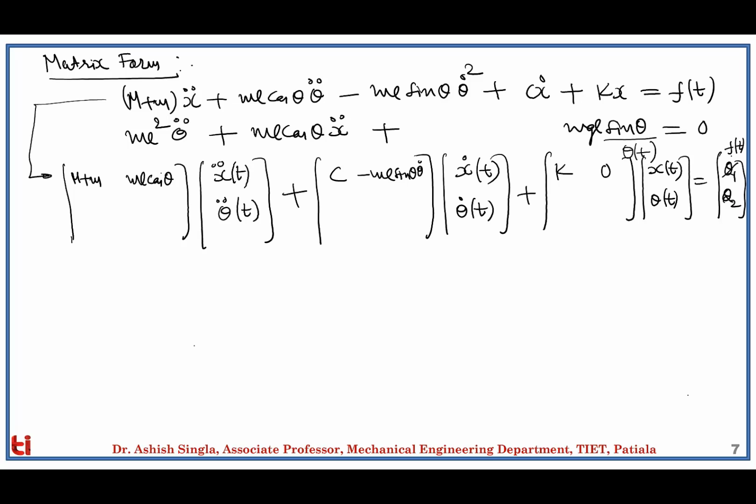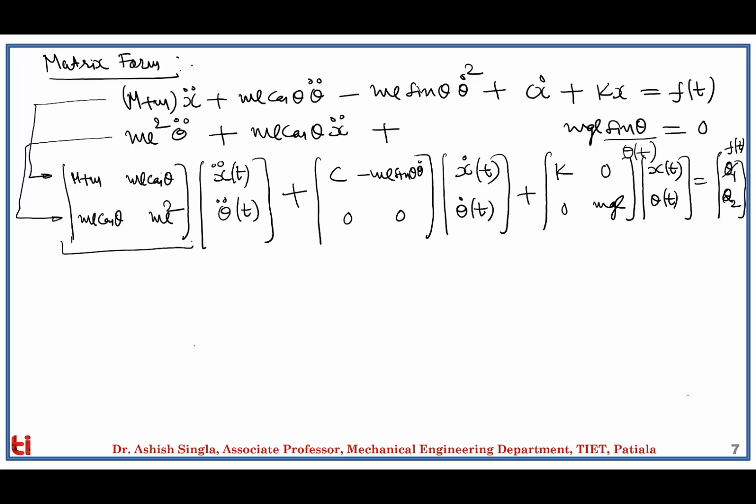that is the external force being applied onto the cart. So now let's go to the second equation, which will be written as the second row of the matrices. First we have the contribution from ẍ, which is equal to ml cosθ. Then for θ̈ we have ml². Then there is no contribution from the velocity side, so both terms are 0. And then for x side it is 0, for the theta side we have mgl, as we have converted sinθ as θ, considering theta to be a small entity. So this is the equation of motion written in the matrix form.